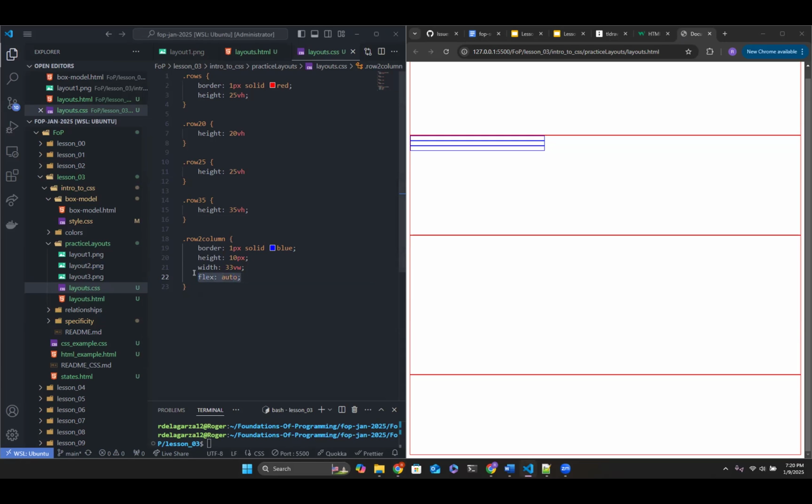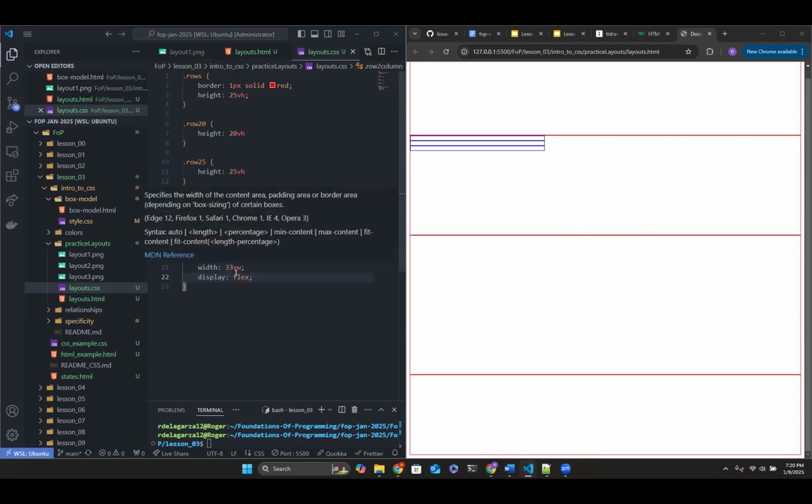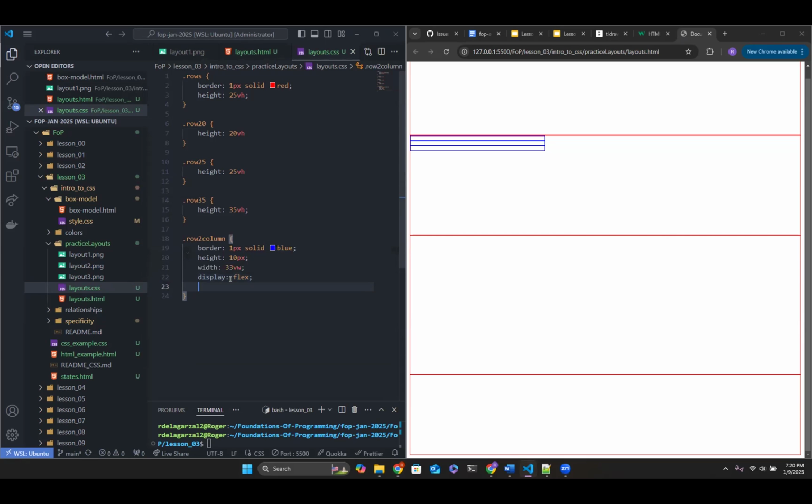We could use flex. I think display flex. And then we can say align items, or justify content, actually. Justify content.